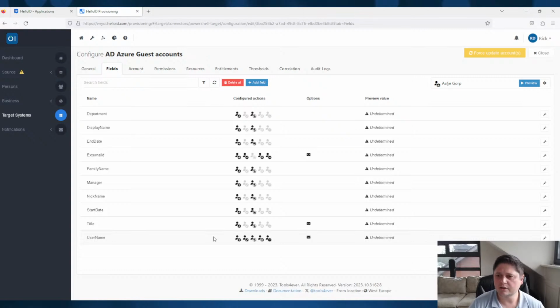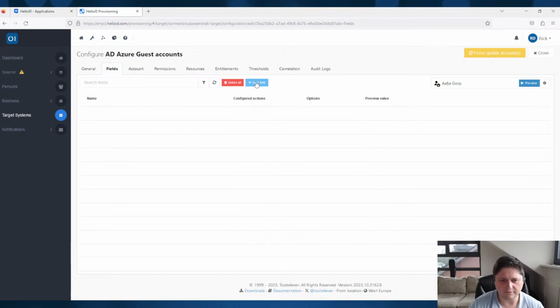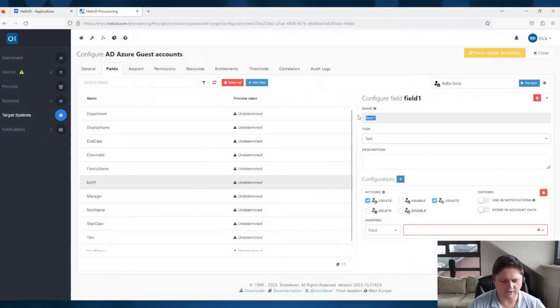But in the case of email addresses, it could be that you have to send multiple email addresses to the target system. So that's the use case where we can use an array. How do we do that? Let's, as an example, add a field, and call this email. Here you have the new types. This previously wasn't available, everything was text, but now you have the option for array. If you select this one,